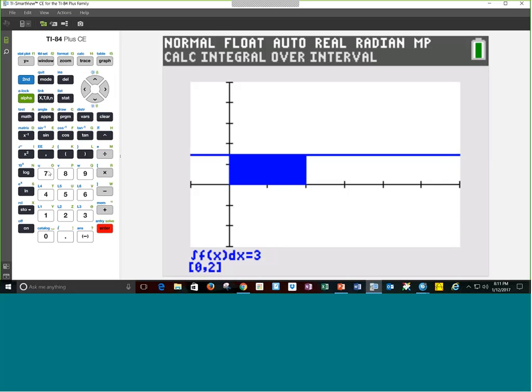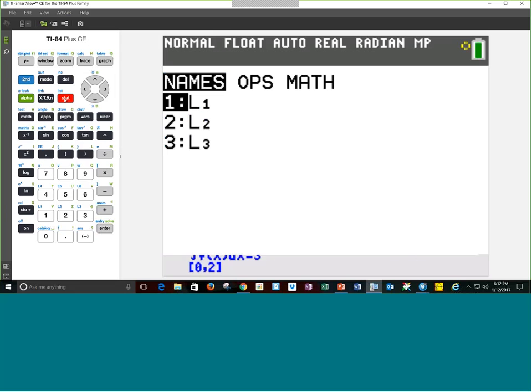We talk often about the TI-Nspire being so dynamic, but I'm impressed with how this actually appears dynamic as it calculates this area from your lower limit to your upper limit. I'm not going to go through the calculation of each one of those values, but they obviously increase by 1.5 each time. So what the student is then asked to do is to actually put this into a spreadsheet, so a little list. And so I will go to my list.